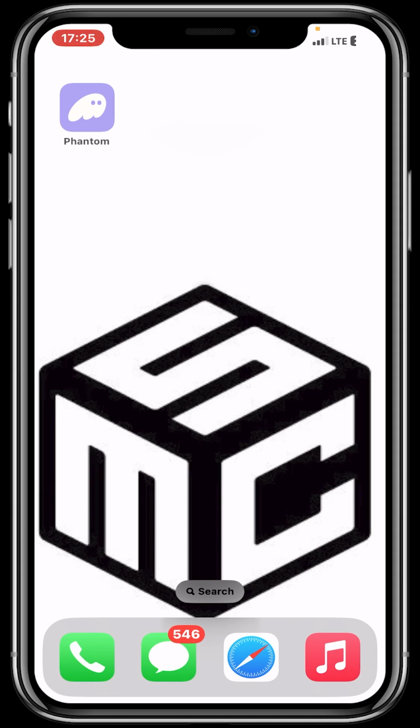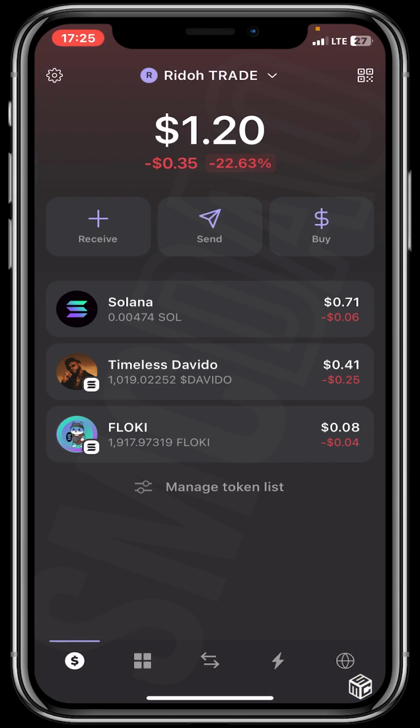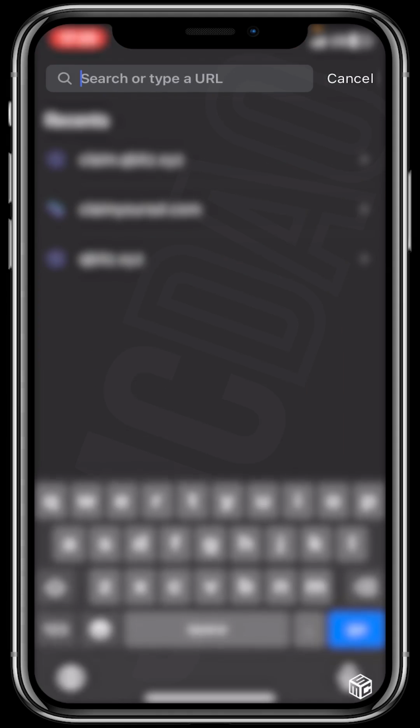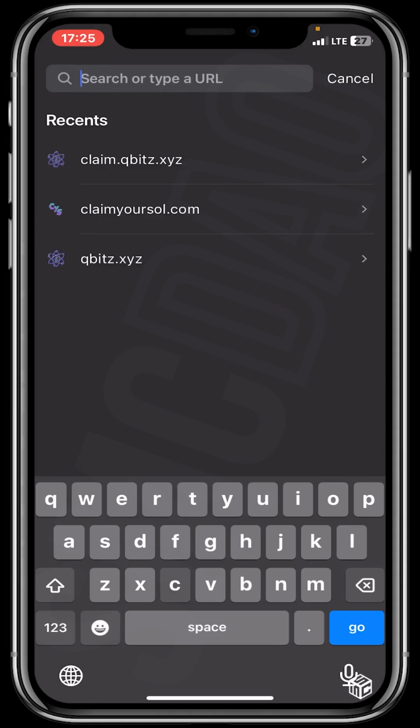Now firstly, all you have to do is download Phantom, which is the wallet you submitted to the airdrop. Open up the Phantom wallet, and when you open it up, go to the last button on the bottom right side, which looks like the network. Click on it. Now when it says search or type URL, you search for